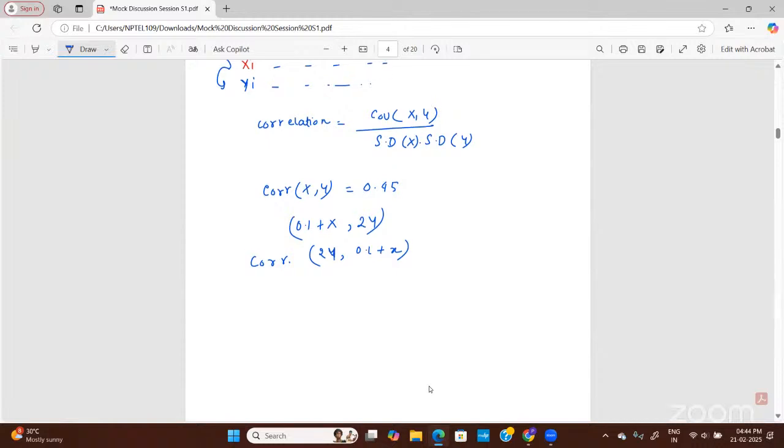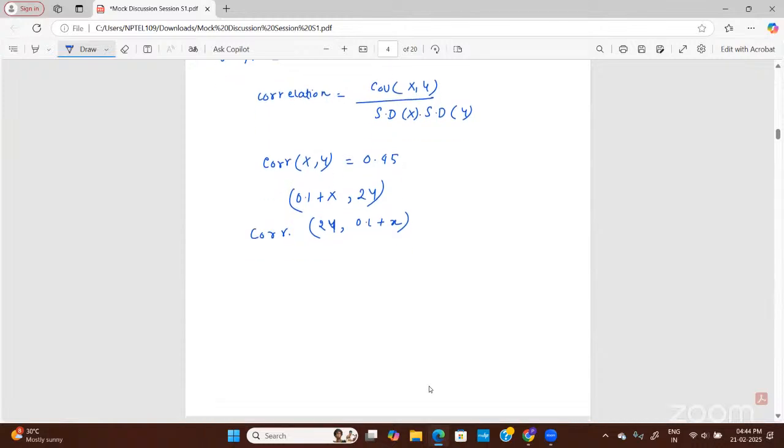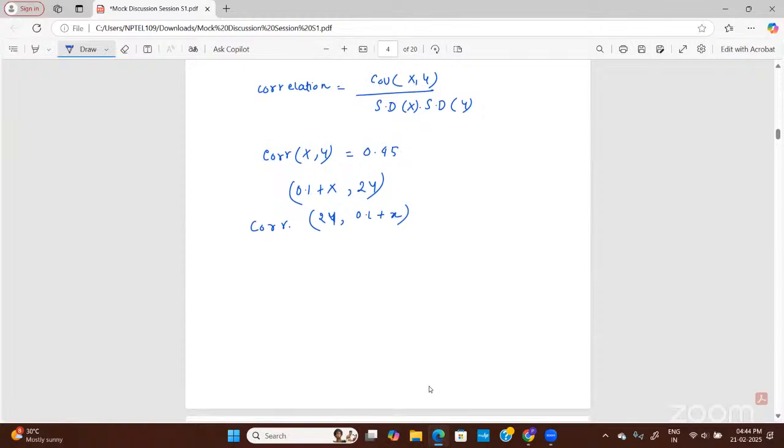Okay, see. If we see the formula for covariance, for covariance also we have population covariance and sample covariance. For covariance of x and y, the numerator part is the same for both sample and population, right? In covariance, there is the sum of x minus x mean times y minus y mean, upon n. We don't have to take the square root in covariance.